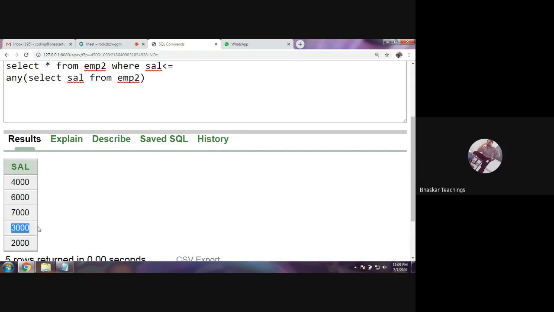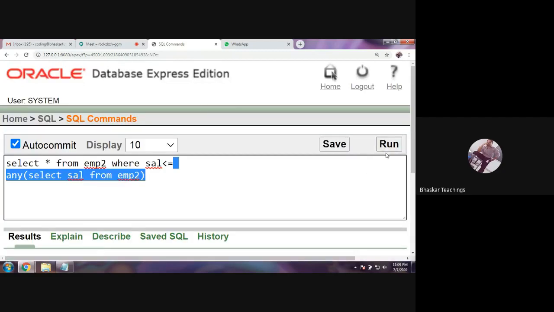Next, 3,000 is less than or equals to any of the salaries: it is less than 6,000, 7,000, 4,000, so obviously it will also be displayed. Now 2,000 is not less than any salary, but it is equals to 2,000. So for this one value it is true, and the requirement of this operator is at least one value. Therefore all the employee details will be displayed.